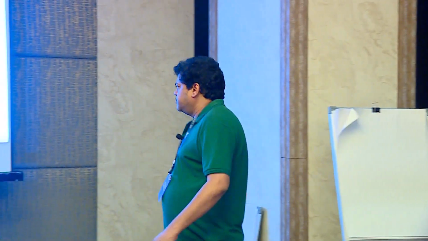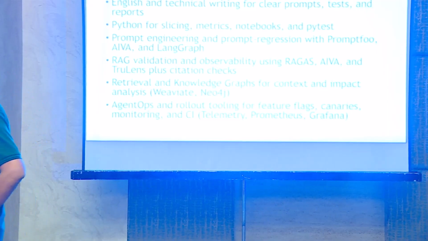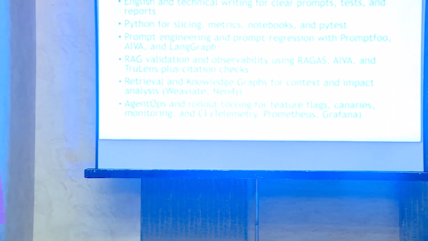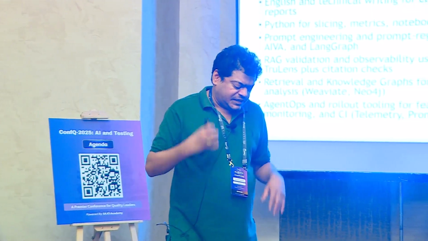Some of you might have heard of Grafana. If a Grafana report itself has to be tested, how will you test it? You will have to write code to emit telemetry and then see if that is reflected in your Grafana reports or not. So basically, telemetry, Prometheus, Grafana, these are going to be some of the new things. For that, you also need a method, and that is where telemetry comes into the picture.